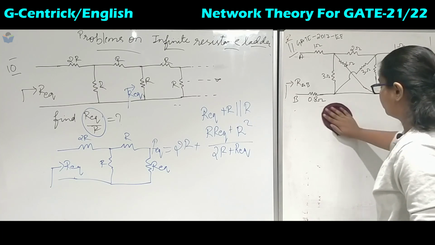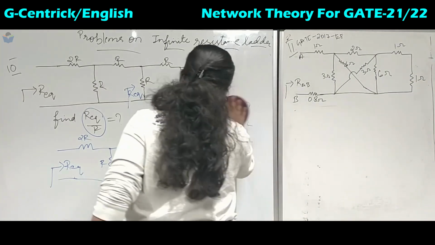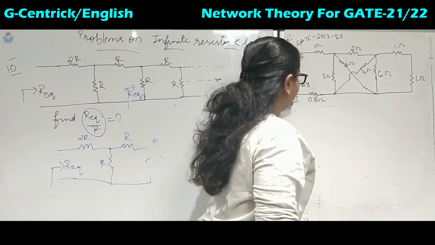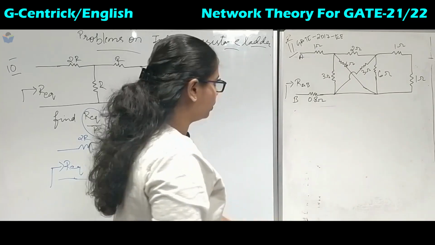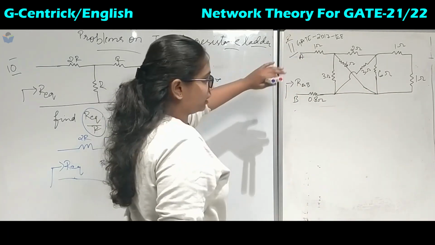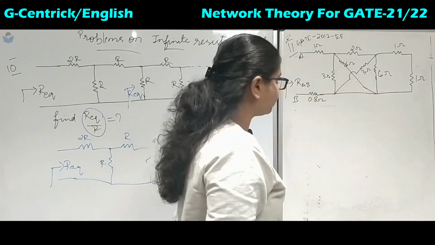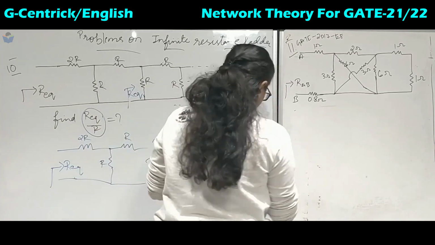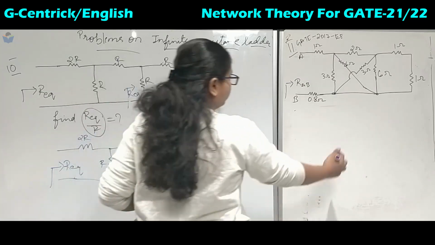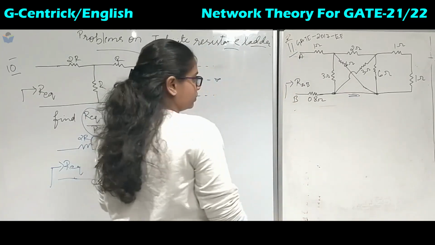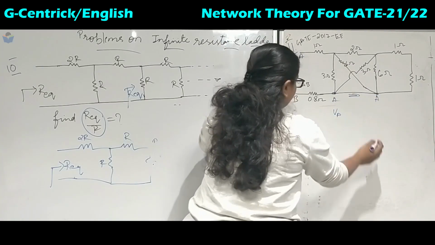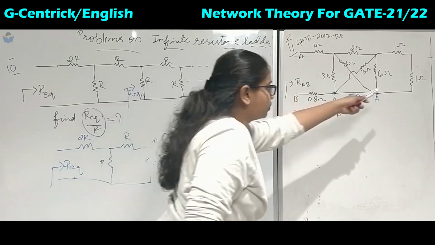So in the electrical branch, again it says to calculate the R equivalent between A and B, but this is not the infinite ladder type. What they have given are 1, 2, 3, 4, 5 resistors, but we cannot do the Wheatstone bridge. Now if you observe this point and this point, they have the same potential, as there is no element connected between them. So if I take this as A, this will also be A. Both the node potentials will be the same.